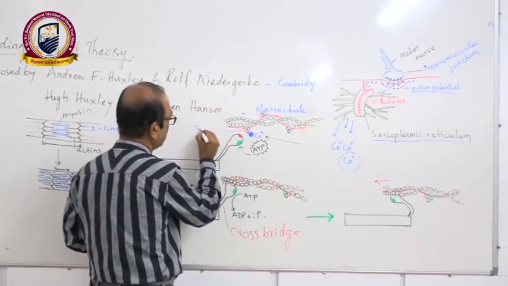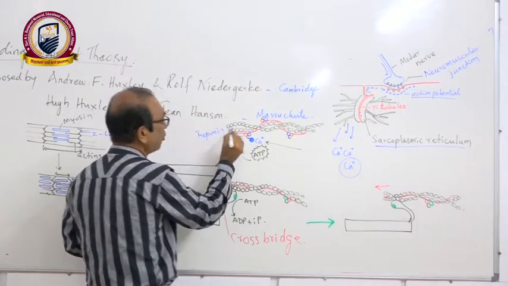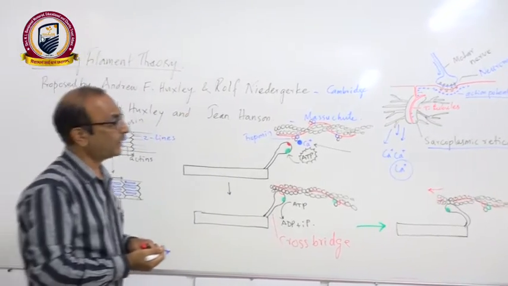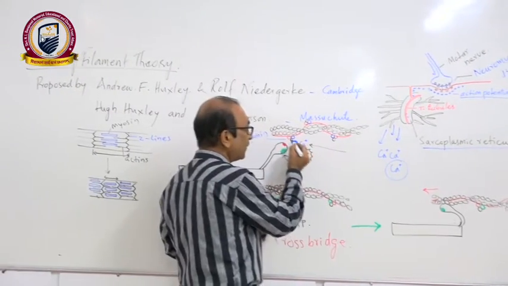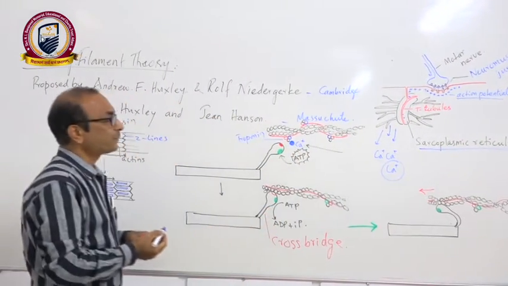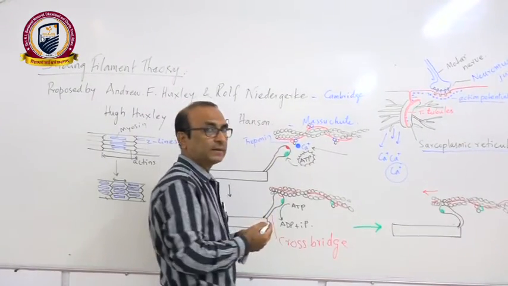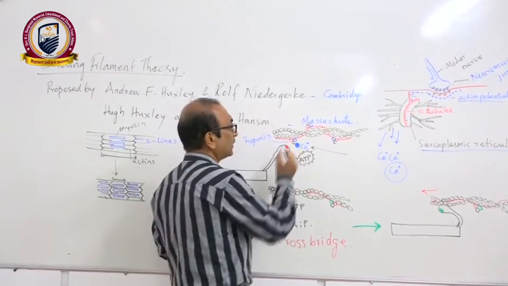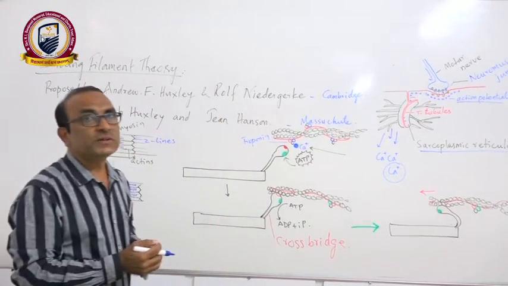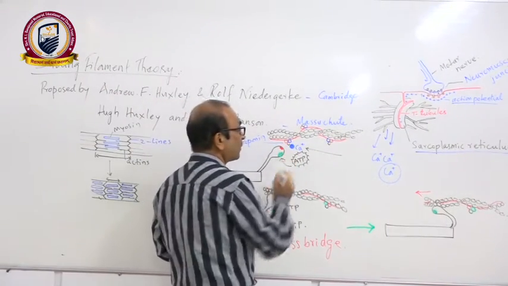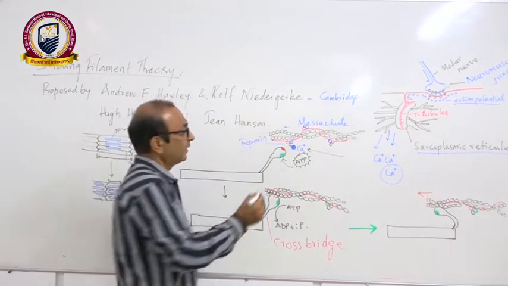So this is troponin, as we know, troponin of the actin molecule. And when the calcium ion binds to the calcium binding site of the troponin, the troponin structure undergoes a conformational change, and because of the binding of the calcium, what happens is